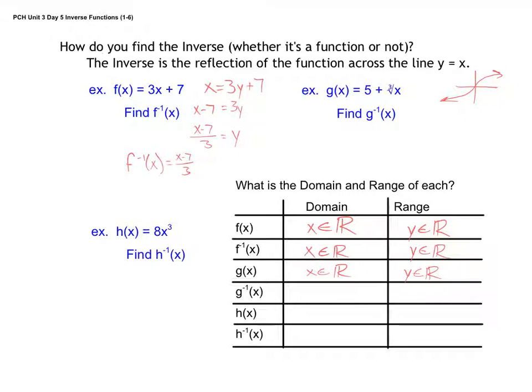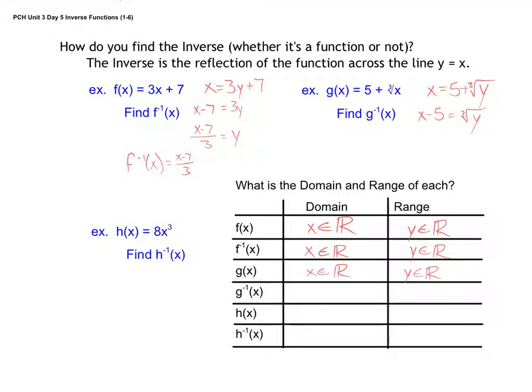Okay, and actually this one would be this shifted up 5, but I didn't draw the shift. Okay, so now if we switch the y and x, we now make it x equals 5 plus the cube root of y. Okay, so we subtract 5,